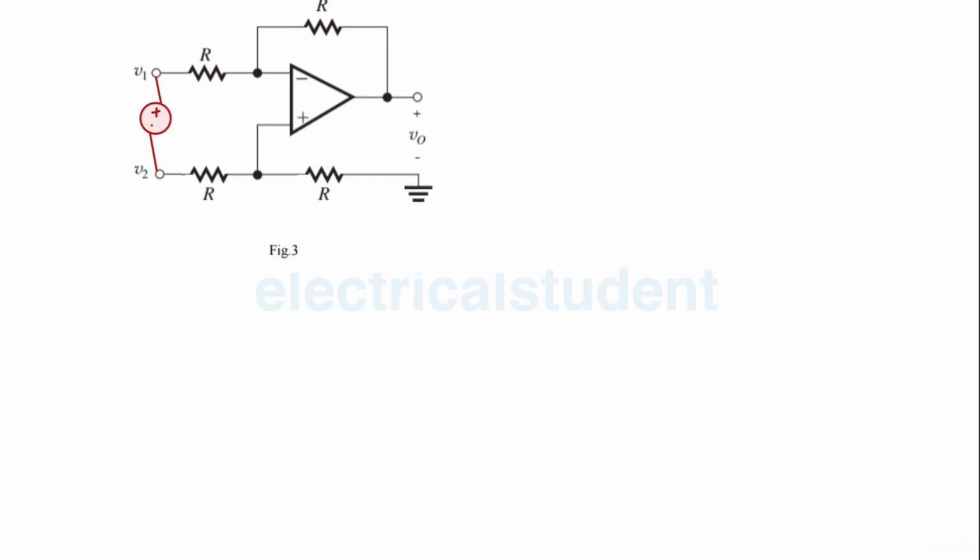Now this is V. To calculate the input impedance seen by this source, the input impedance R in is V upon I. One more time I want to explain that this current and this current are zero. Whatever the current is flowing like this,